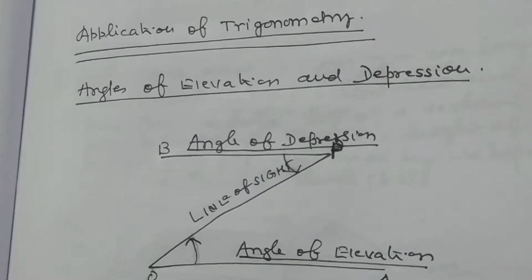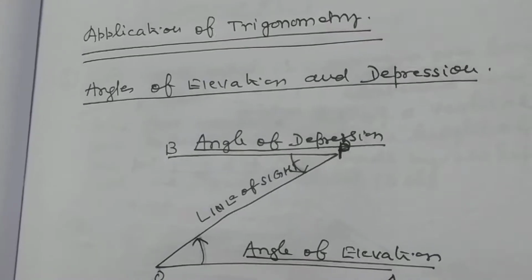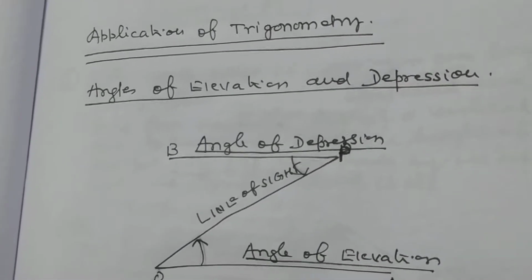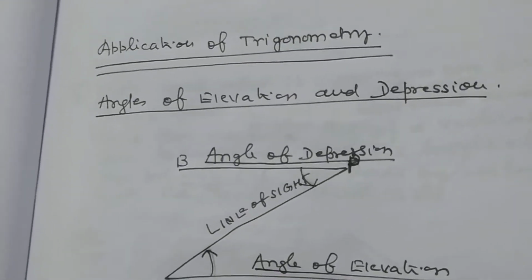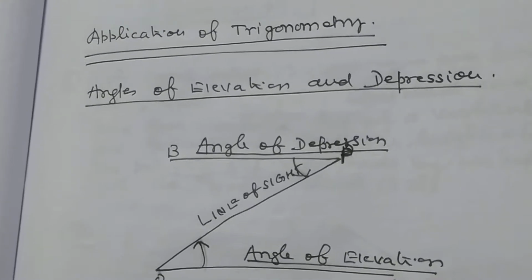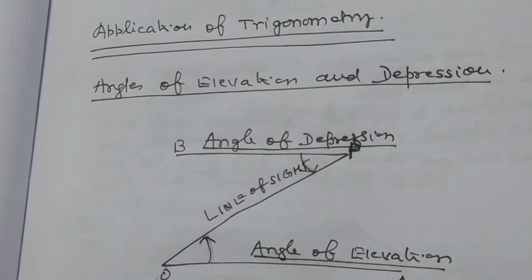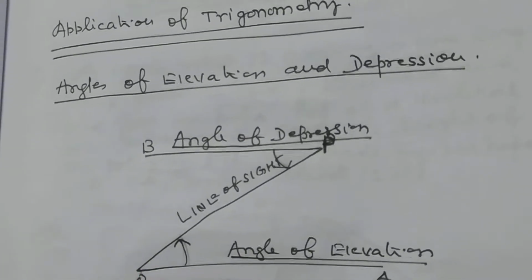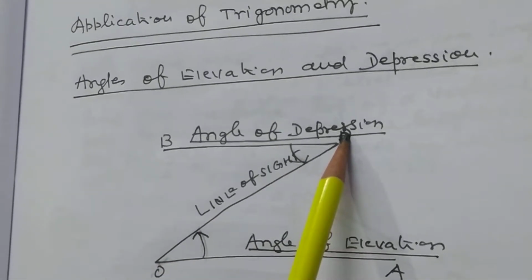My dear students, today I want to discuss the application of trigonometry. How will you apply trigonometry to find the height and distance? The main point which you have to understand is, suppose O is the observer and P is the object, then